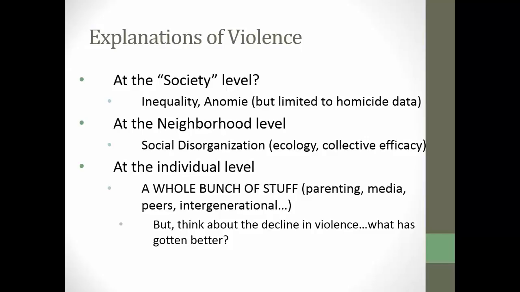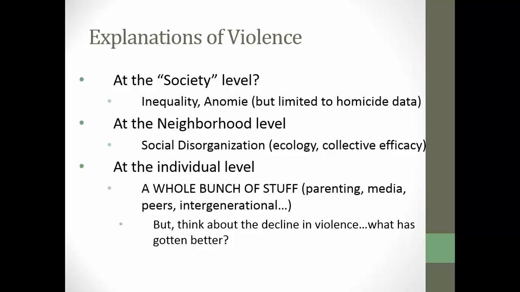At the neighborhood level, if you think about social disorganization theory, it's one of the theories that's generated the most empirical support, that neighborhoods that lack collective efficacy and that have those ecological characteristics, that they're run down, they're mixed use, people move in and out, there's more renting than ownership, are the sorts of neighborhoods where you see the most serious violent crime.